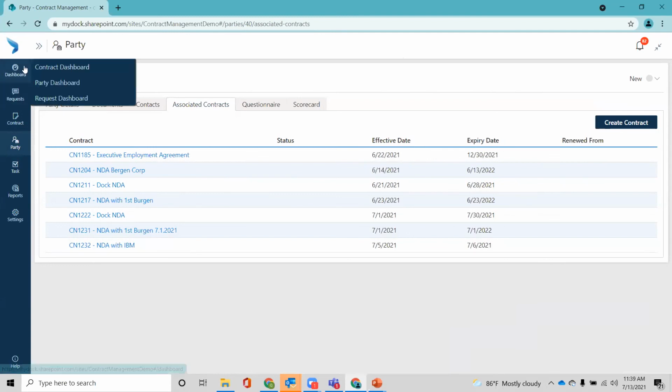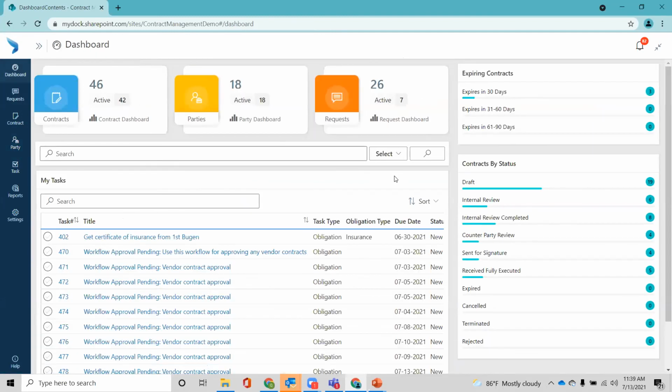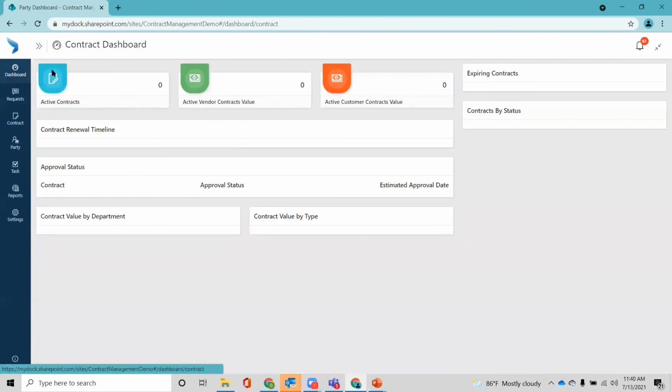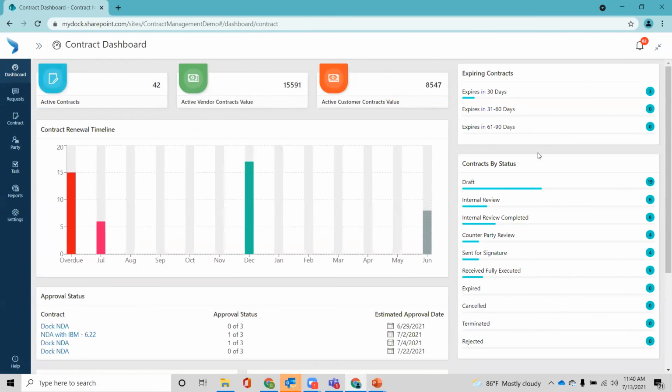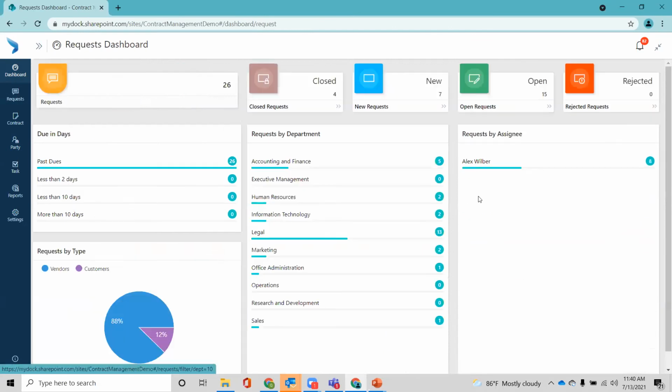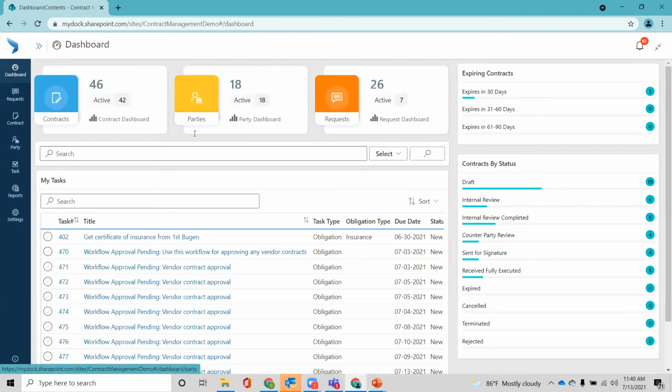And that's just kind of the tip of the iceberg. We also have these custom dashboards right here that not only take the metrics that you're tracking and present them to you, but they also give you a visual representation so that you can better visualize what's going on with your contracts in your head. Same thing goes with the requests that are going through your system. Basically, this is something that comes as part of the contract intake process. That's something that we can discuss if you were interested in setting up a free demo with us. With that said,